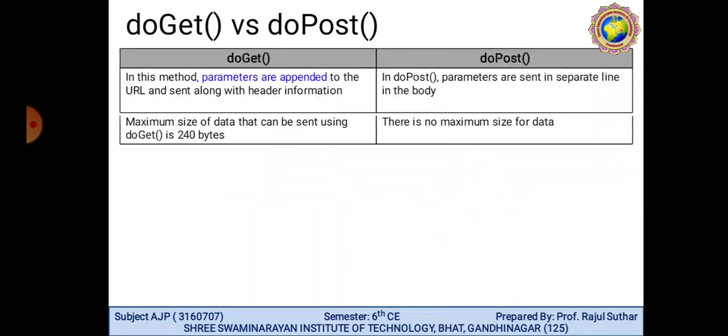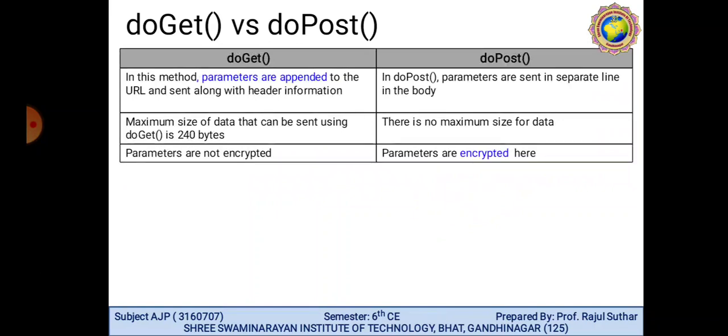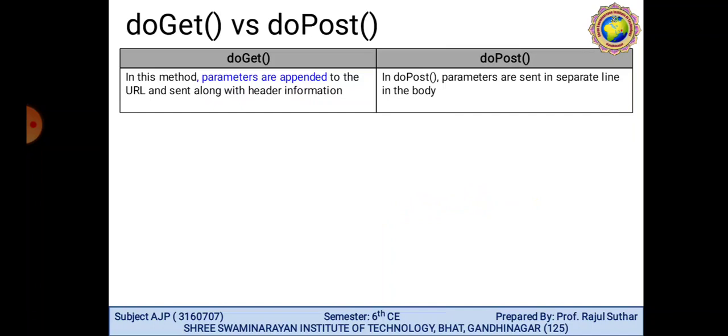Let me discuss the simple differences between doGet and doPost. The first difference: in the doGet method, parameters are appended to the URL and sent along with the header information. We already showed this in the example. While in the doPost method, parameters are sent in a separate line in the body.